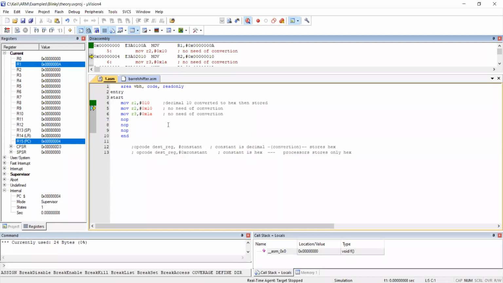Hexadecimal 10 means what in decimal? No, no, no. He is wrong. X means hex. Hex 10. Hope you remember this. Let me type something here in the third portion. Here I will type. So do you remember this?